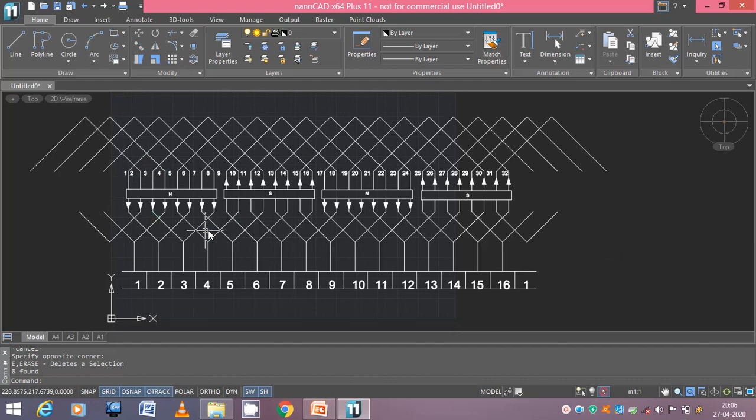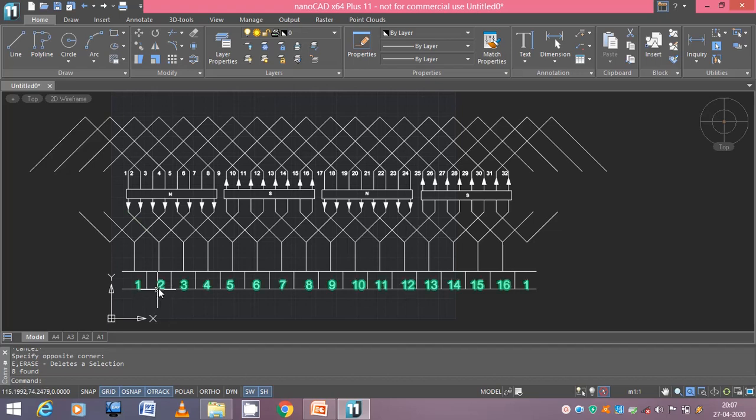So we know the procedure for how to place the brushes. If the commutator has an incoming current or an outgoing current, then we can place a brush, right? Here just go with commutator segment 2. It is connected to the first conductor and then the sixth conductor, and the direction of both conductors is the same.